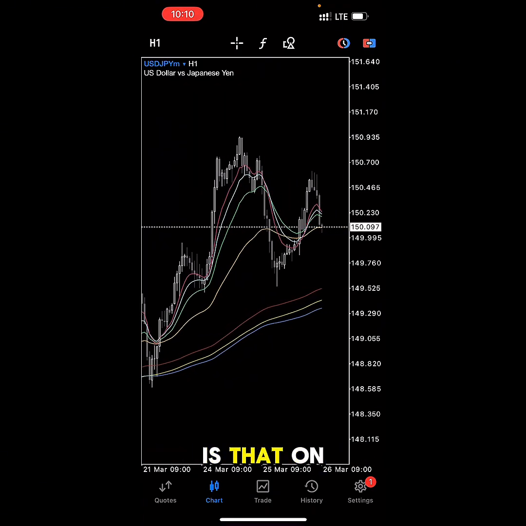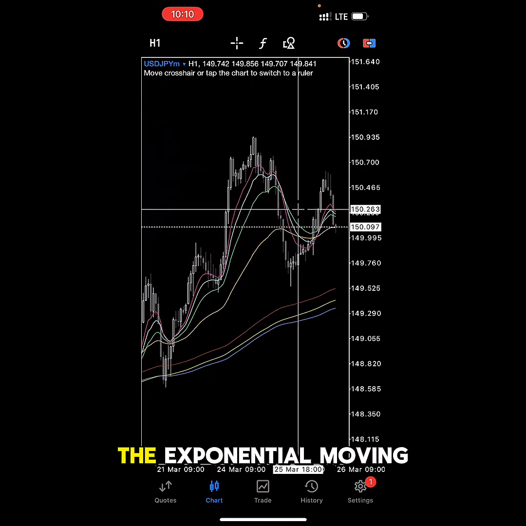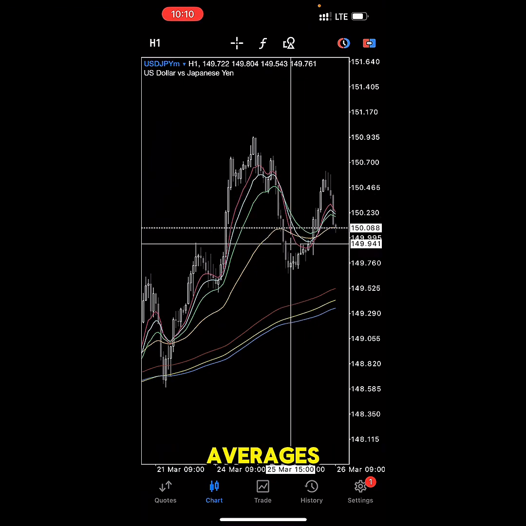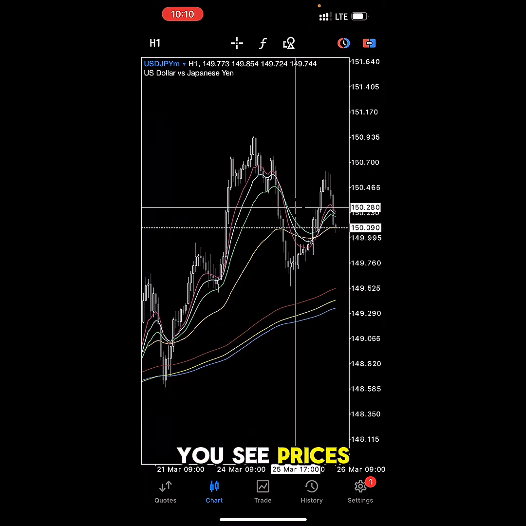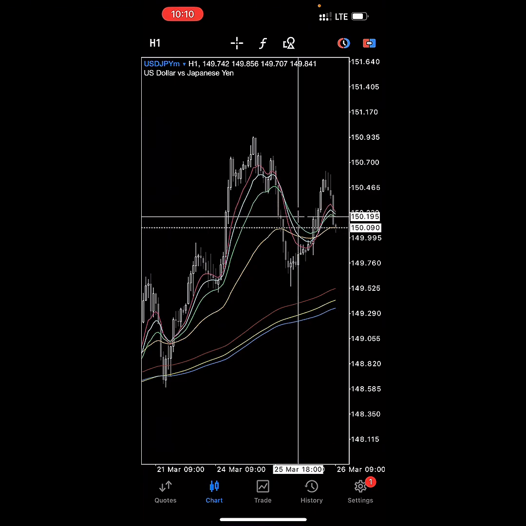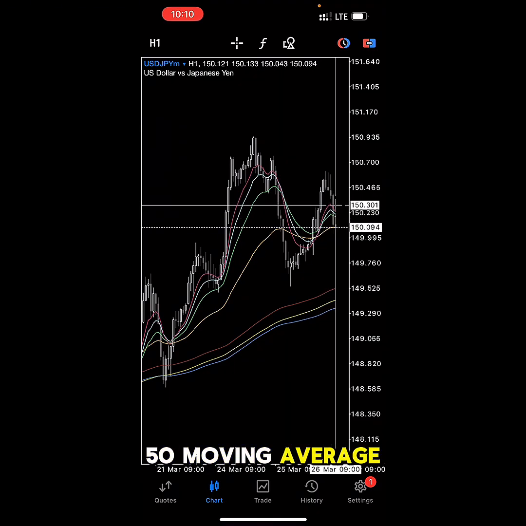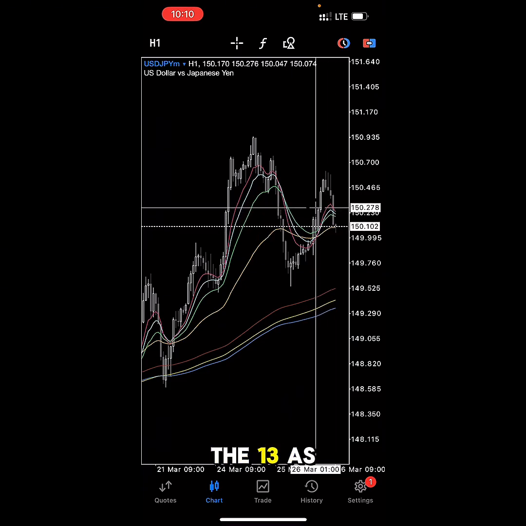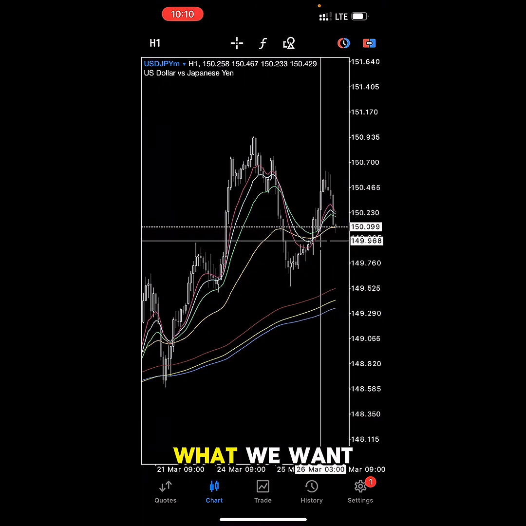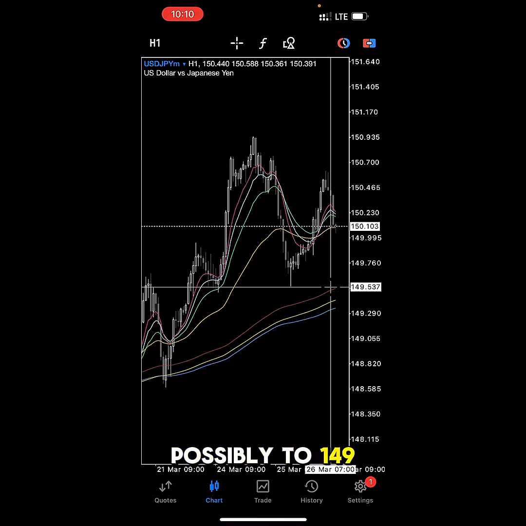The first scenario is that on the USD JPY, for example, for as long as price is below the exponential moving averages, for as long as price crosses, you see price has crossed with the engulfing candle, the 3 moving averages, which is exponential moving average, which is the 50 moving average, the 21, the 9, the 13 as well. Now, what we want to see is price dropping all the way down, possibly to 149,